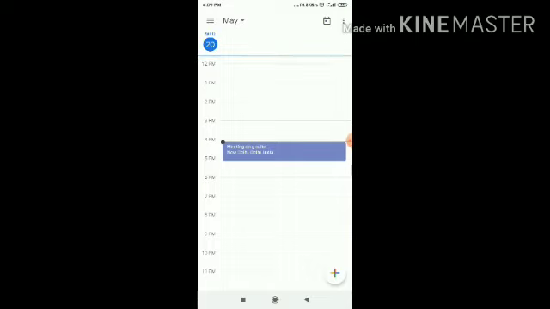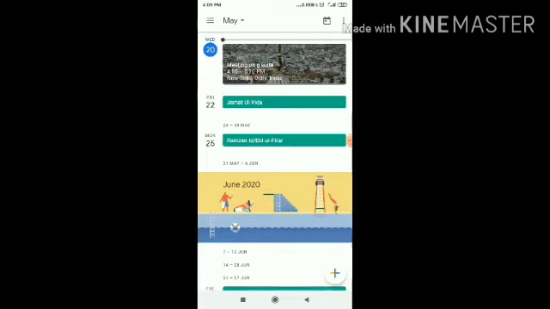and now it is showing me Wednesday 20. I can change this view by clicking on these three lines. Schedule means it will give me the entire month's schedule like this, for 20, 21, 22. Those dates which are important, it marks in green, that some holiday is there and everything like that. If I want to view for a day only, I can click on this, and if I want to view for 3 days, then it will come like this in a tabular form. So I will view for a day.